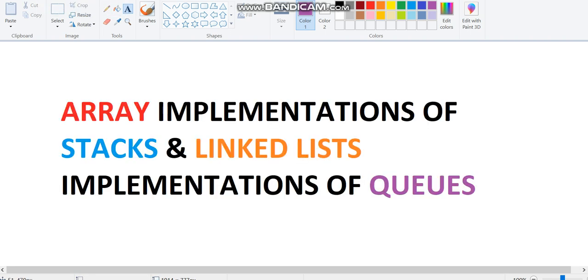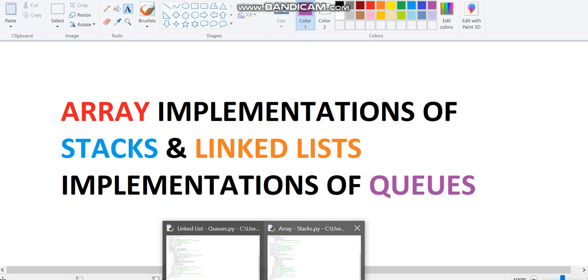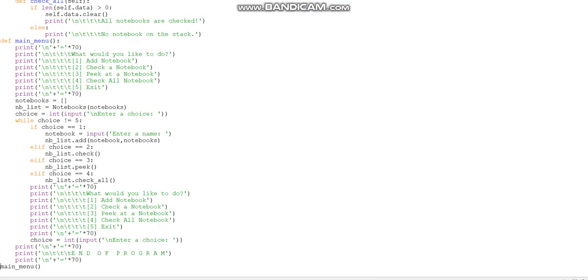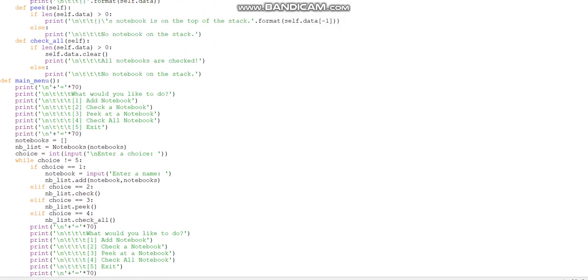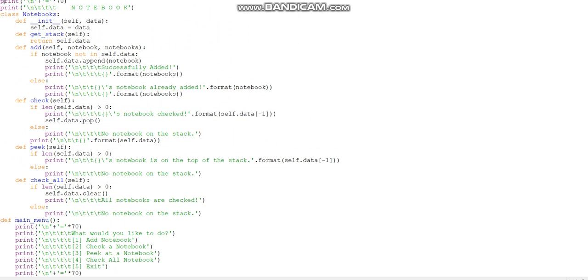Today, we will be discussing the array implementations of stacks and linked list implementations of queues. In the first program, which considers the methods of stacks and arrays, the programmers were instructed to create, check, and pick